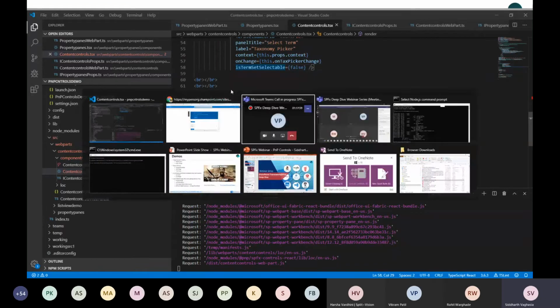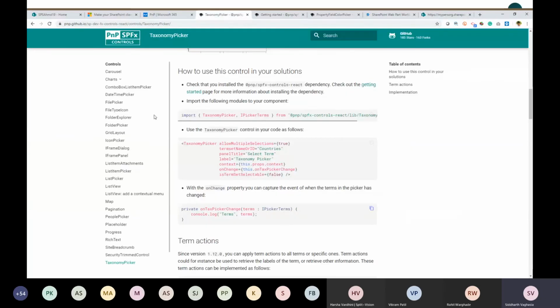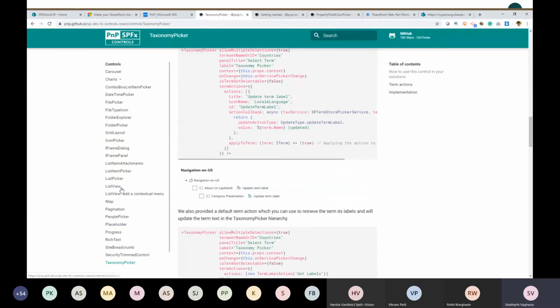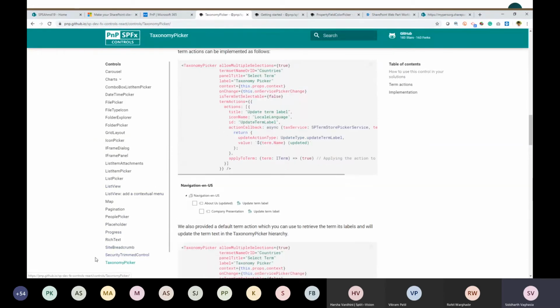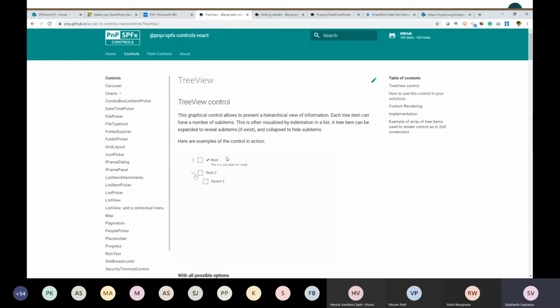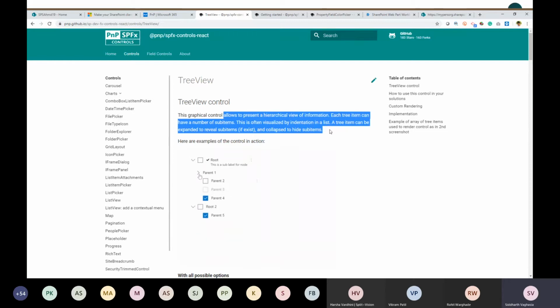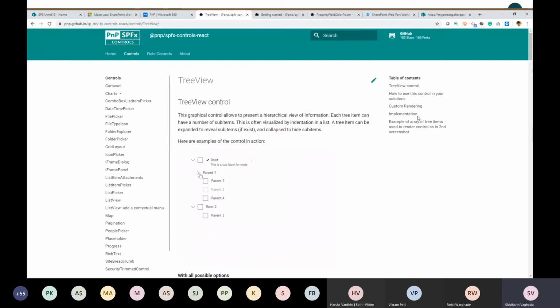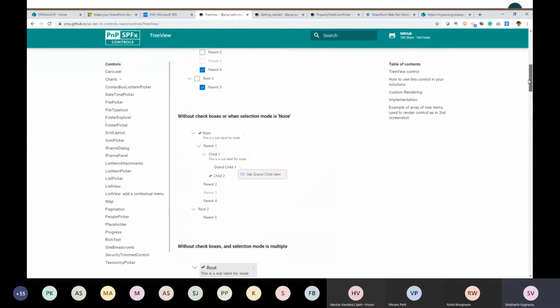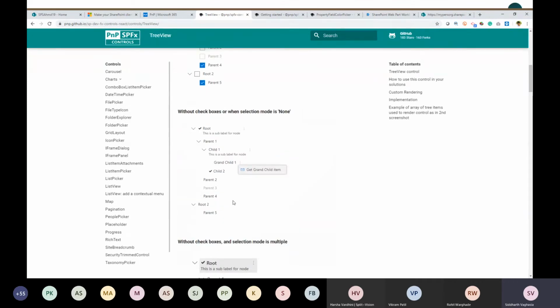The third one which we will see is the tree view control, which allows us to display a tree view. This control was developed by Nandeep and me, and contributed to this library. As I was saying, under the PnP initiative, we can create something reusable and contribute to the library. We contributed this in the last release, where there are many configurable options available through which you can create a tree view kind of structure.